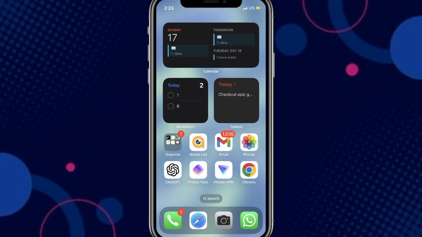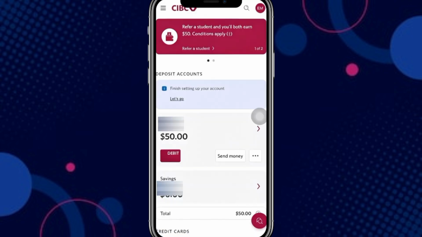This quick tutorial will show you exactly how to send an e-transfer using the CIBC mobile app. Whether you're paying a friend back for lunch or sending money to a family member, this guide will make the process simple and straightforward. First things first, to send an e-transfer, you'll need to open the CIBC mobile banking app